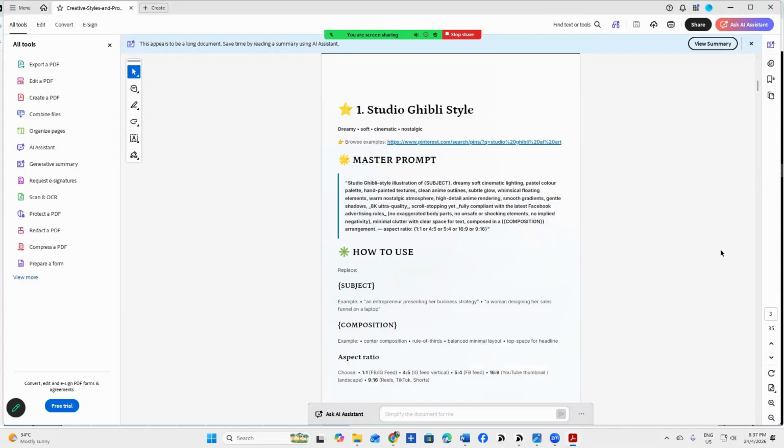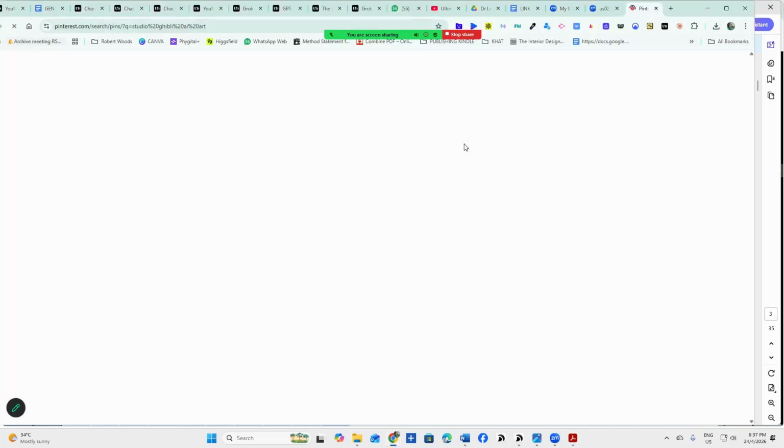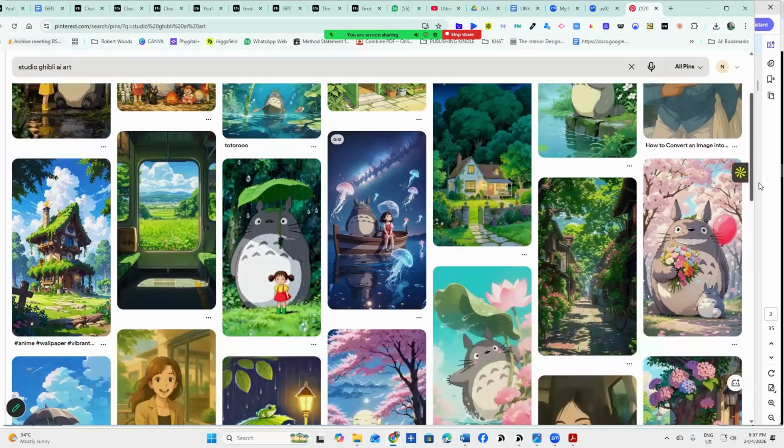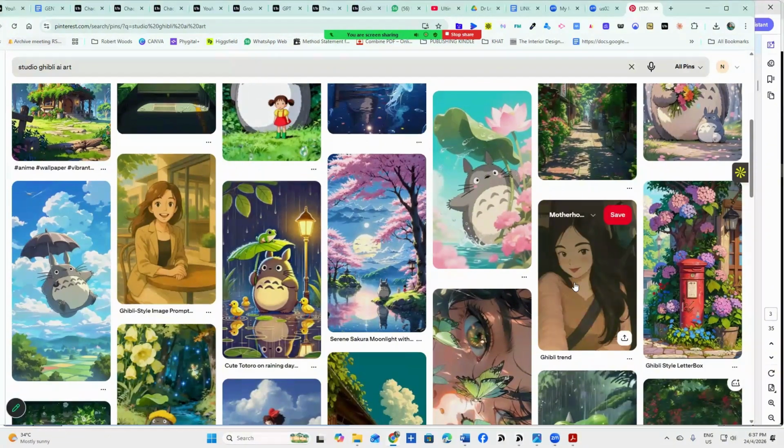Can see this here. So number one is Studio Ghibli style. I love this style because it is a cartoon, but very much a human, very close to a human look. So it gives you a reference that this is Ghibli style. Okay, this is Ghibli style. So very much realistic. Okay.